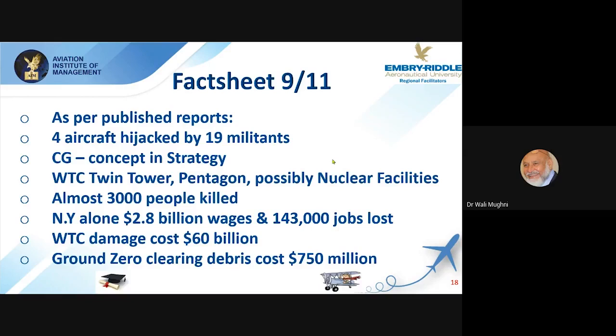So if that was the strategy, they would mention that this is attacking the CG of that country, or the center of gravity of that country, destabilizing the country. So in that, of course, close to 3,000 people were killed. In New York alone, 2.8 billion in wages were lost. People lost their salaries, and obviously 143,000 jobs were lost. World Trade Center damage itself cost $60 billion. So you can imagine, with this methodology, where they just lost 19 militants, they created such a huge damage